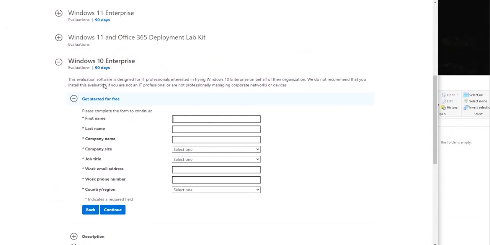Now you go ahead and enter this information, and when you're done, click continue. This doesn't cost anything, it's completely free. It will take a while to download. So once it's finished downloading, take it from your downloads folder and set the image inside of a folder you